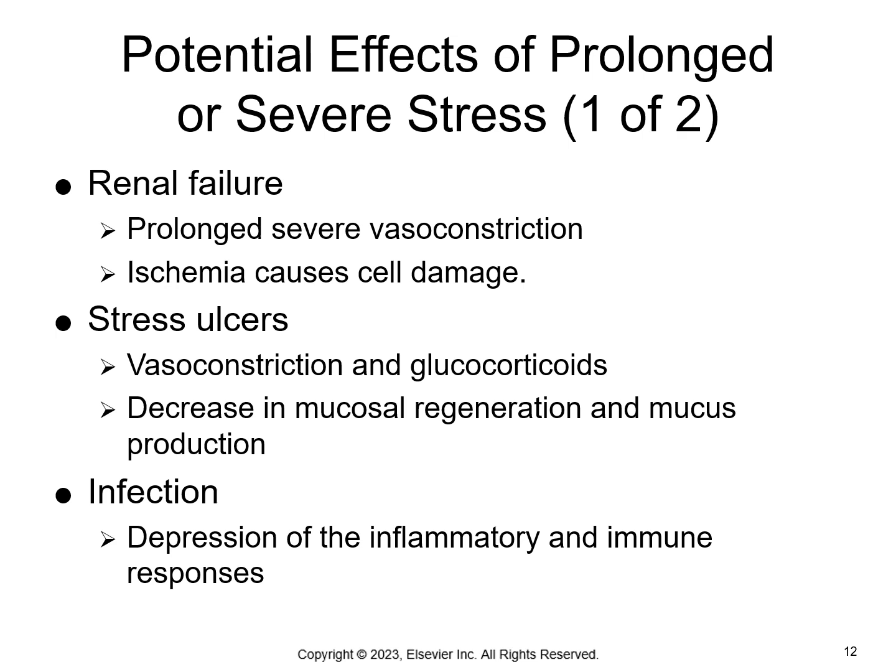Another potential complication of severe stress is infection, and this is related to the depression of that inflammatory response and that immune system, again caused by the increase in the secretion of that cortisol from the adrenal cortex. Because the body's defense mechanisms are reduced, opportunistic infections can develop, and the person is susceptible to infection by unusual organisms that are not normally pathogenic. The lack of the inflammatory response can mask the signs of the infection until it's well developed in someone. So that can also be a dangerous situation.